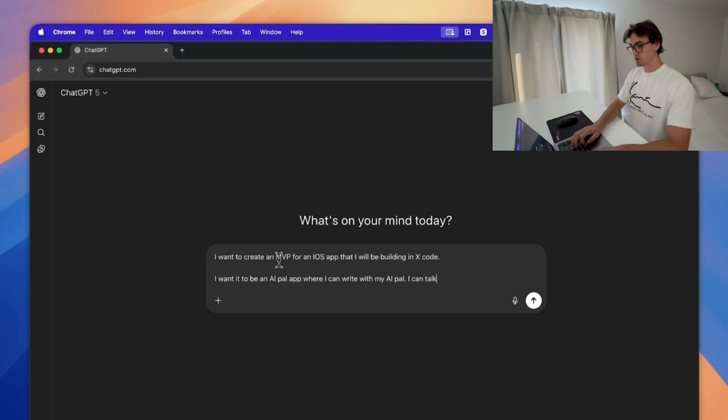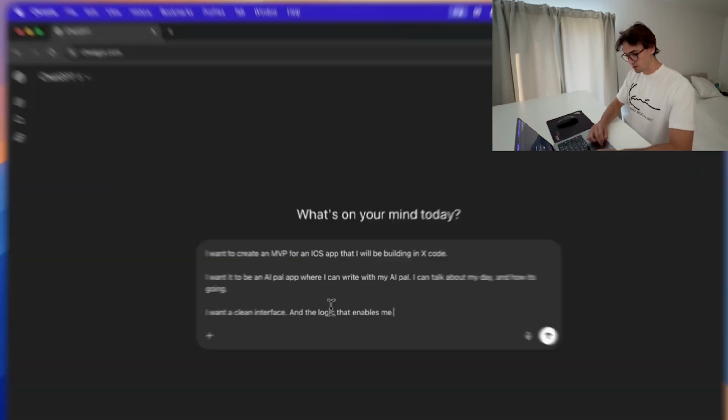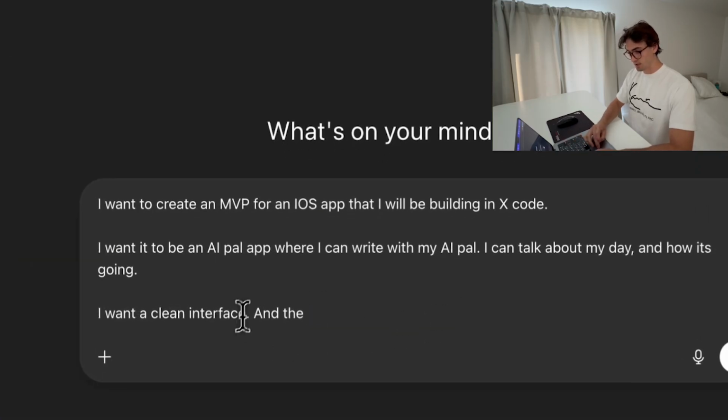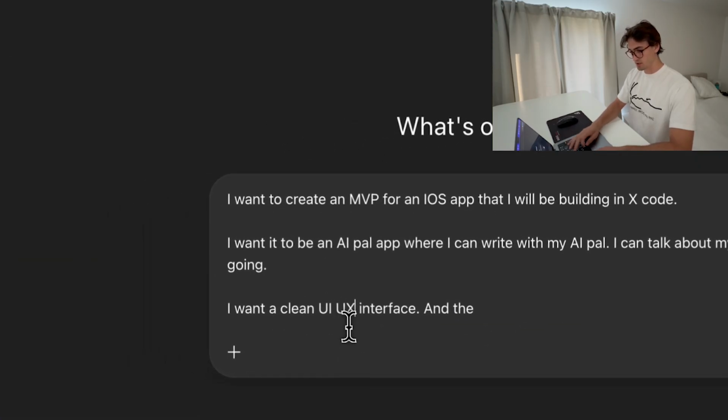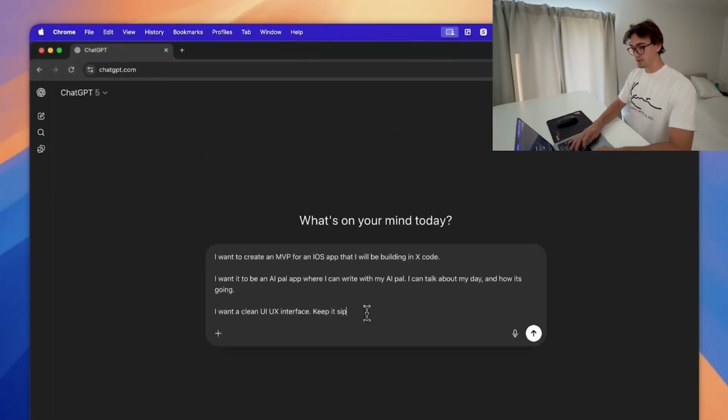I can talk about my day and how it's going. I want a clean interface and the logic that enables me clean UI UX interface. Keep it simple